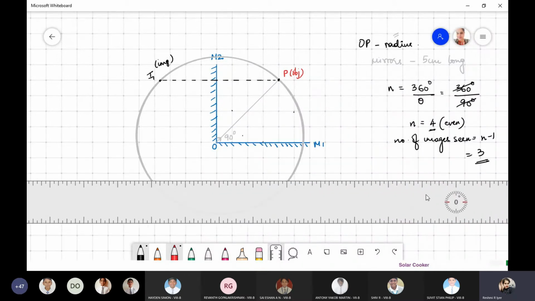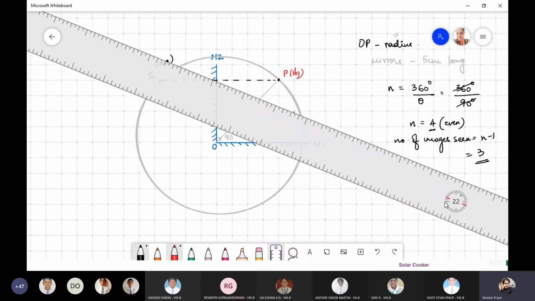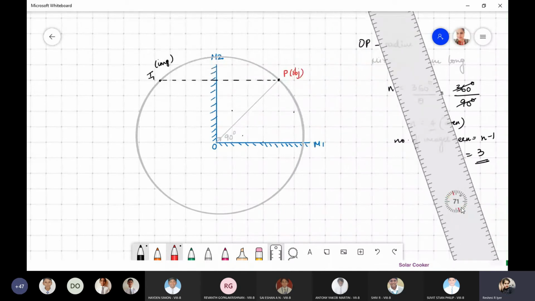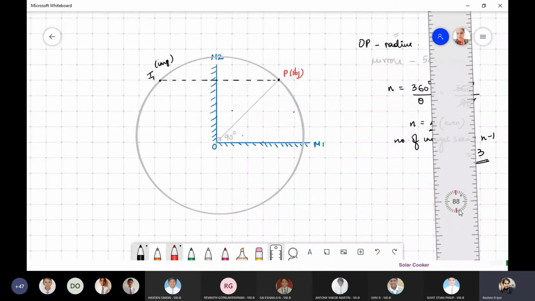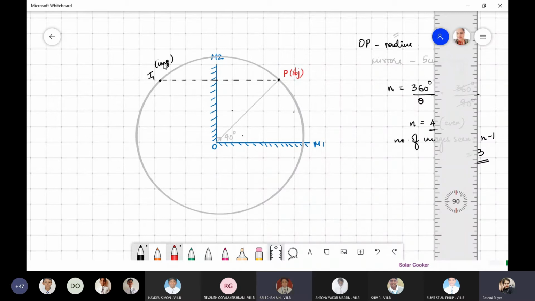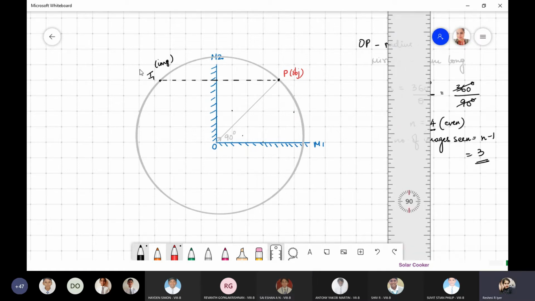Okay. The second image. Which mirror is forming I1? Tell me that first before I go ahead. Mirror 2, M2, is forming I1, correct? So if you've drawn your circle perfectly, you will see that object distance and image distance are equal. In mine the circle is a bit off because I haven't used a compass.